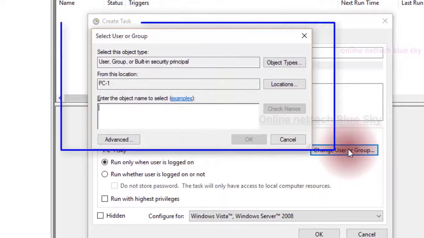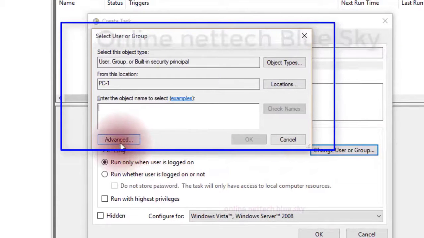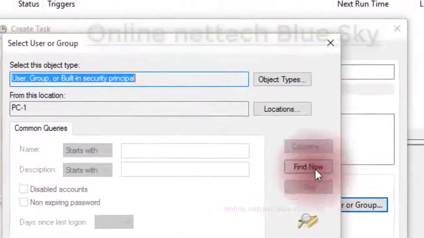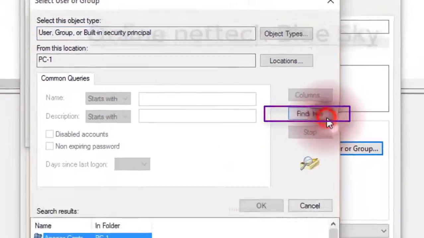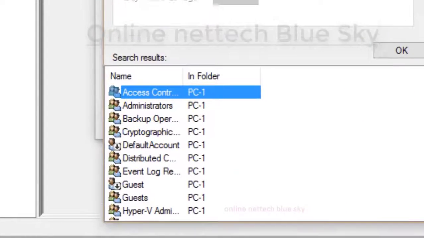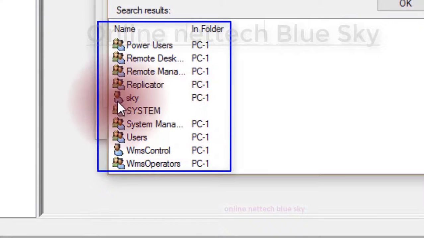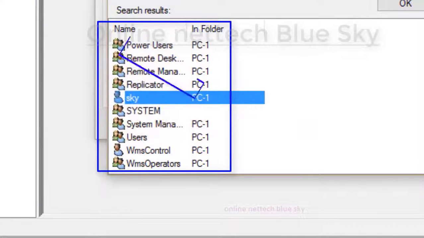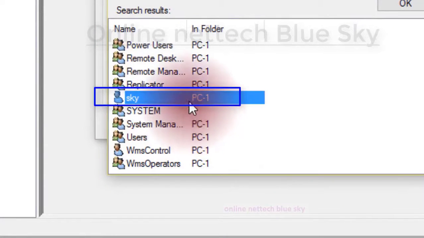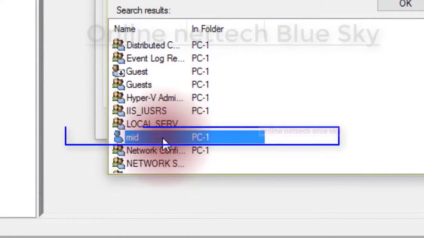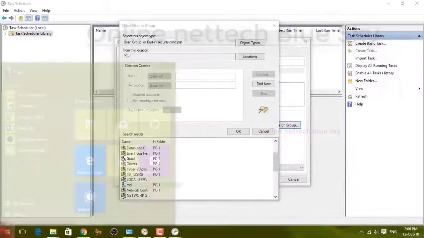If you want to change it, you can change here: click on Advanced, then click Find Now. Okay, and this is the list of users. Maybe you created your user, so you can see my already created sky name. Okay, so sky name is my already created user. And the second is the local user, if you want to work with these tasks.